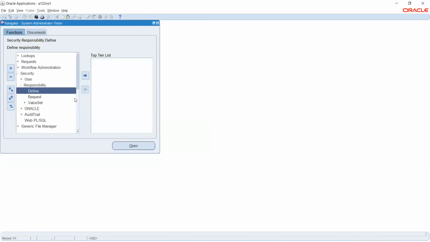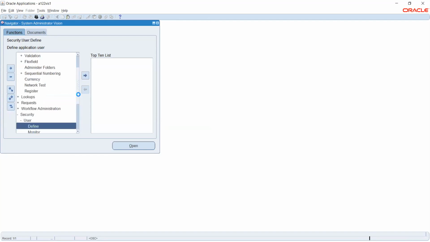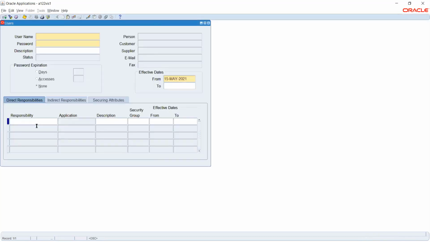So that's what we have in the responsibility. The next thing is to see how to create the user and attach the responsibility. Okay, now we have two things. One is to create the credentials for the user, and the other is giving access to the user. So first thing, if you see,